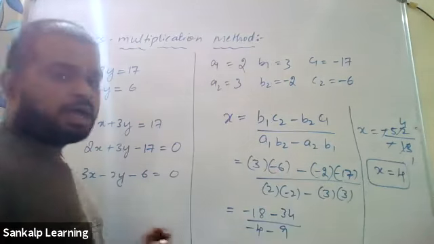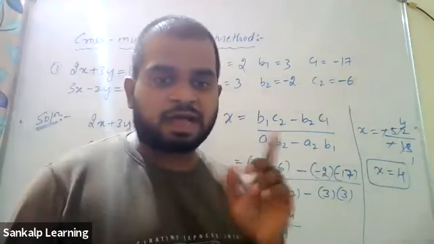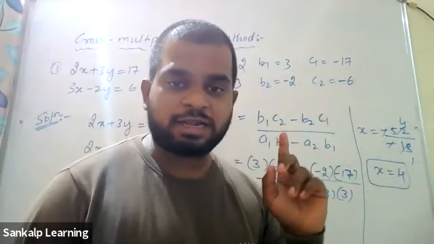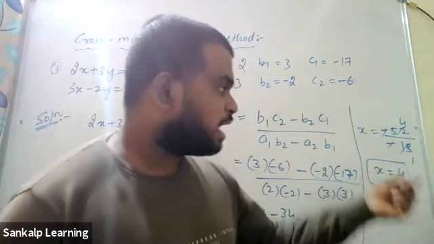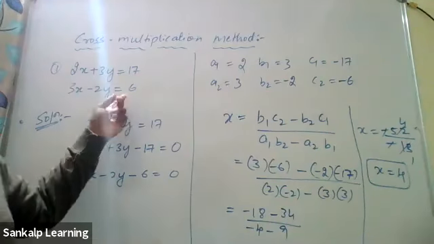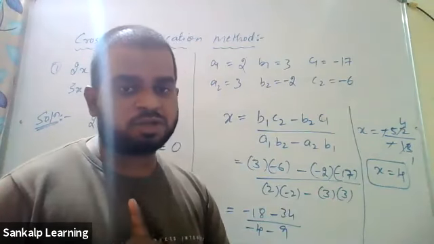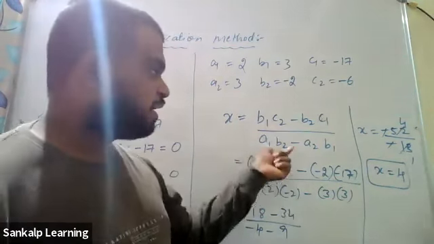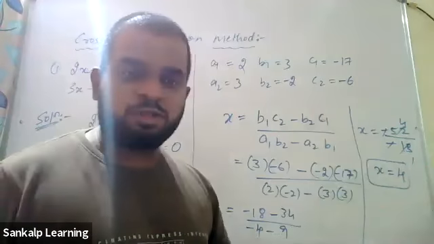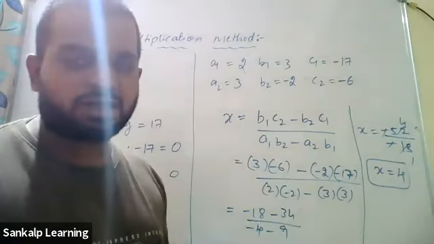Okay, after finding x, do not substitute into one of the equations to find y. Last time you were doing that in the elimination method and substitution method. As soon as you find one value, you are substituting in this or this and finding the other value. Don't do it like that, okay? Because you have to use the formula. You used a formula to find x, and there is also a formula for y, so use that formula to find it. I hope you can do that by yourself.